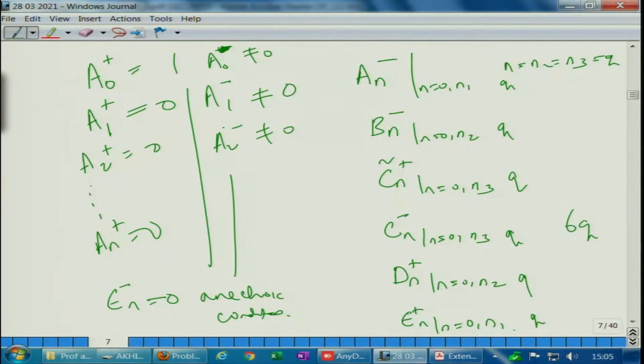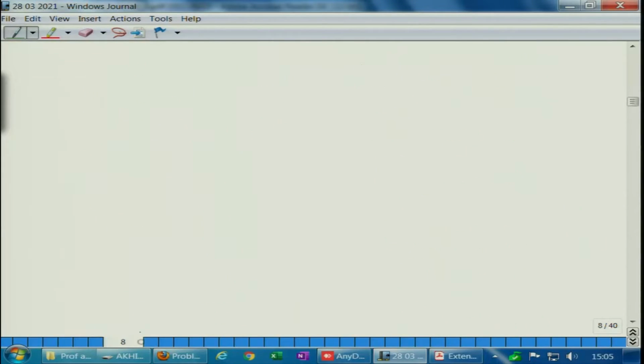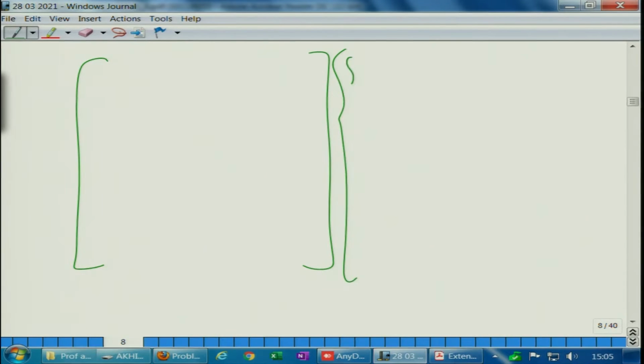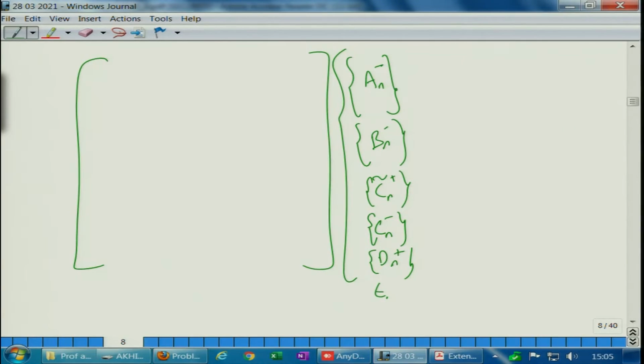All of these will eventually be expressed as a big matrix of equations, with the unknown coefficients B n, C tilde plus, C minus, D n and E n equal to